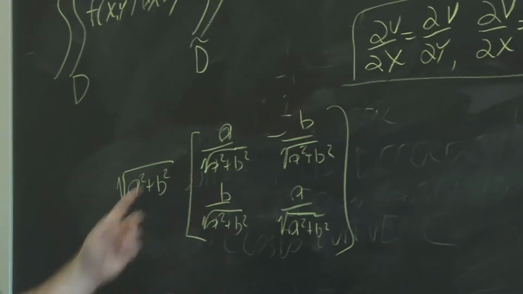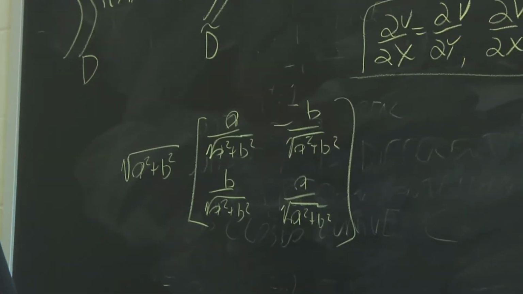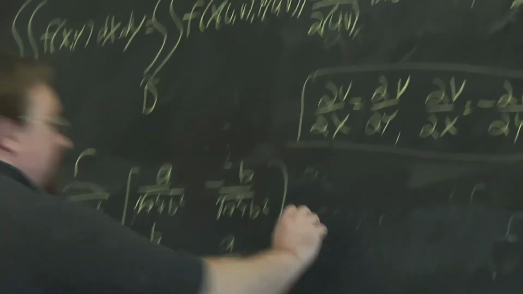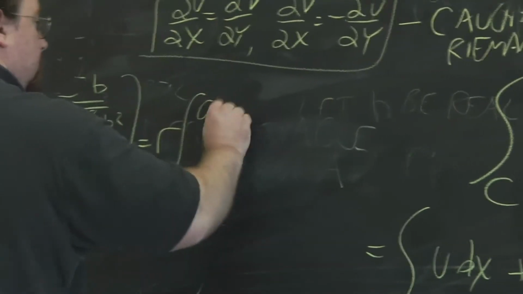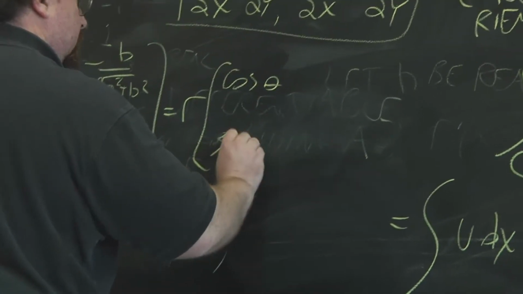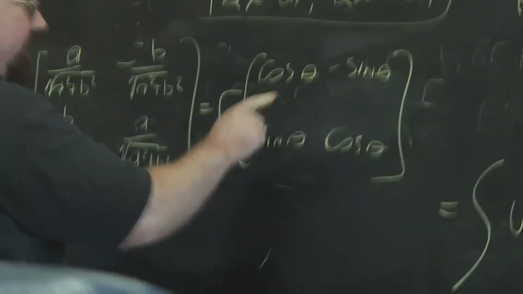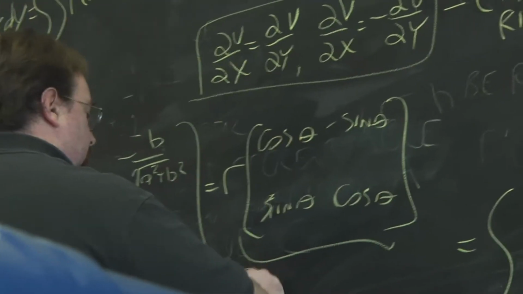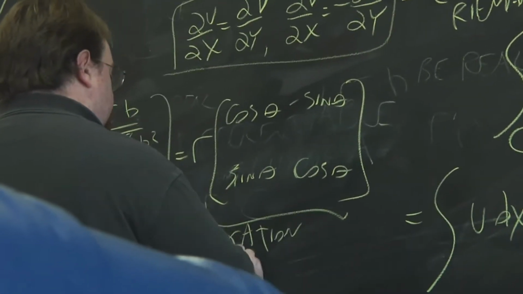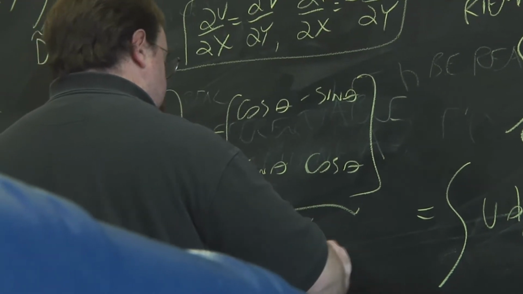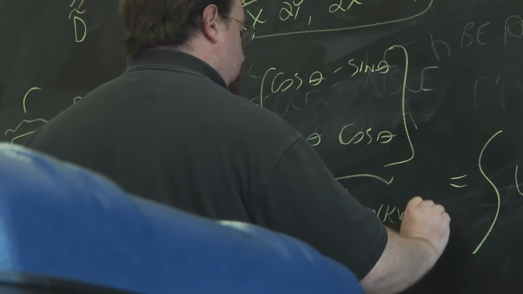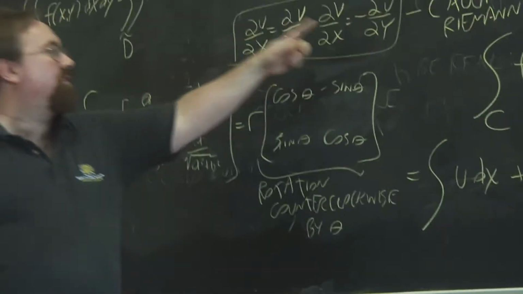So what are these, how can they be described? Sines and cosines of the same angle. So let's call this r. So we have r, cosine theta, minus sine theta, cosine theta. Well, this matrix, when applied to a vector, does a rotation counterclockwise through the angle theta. So when you have a change of variable that satisfies these conditions,